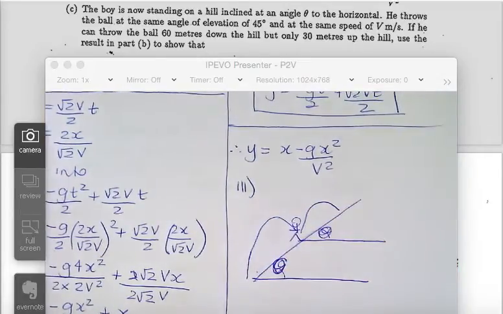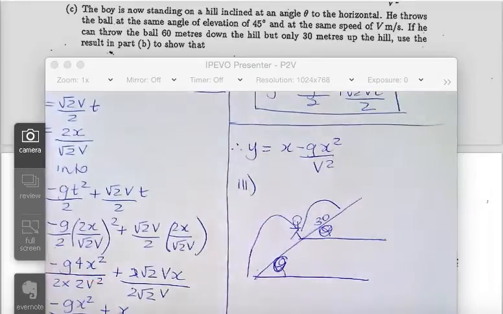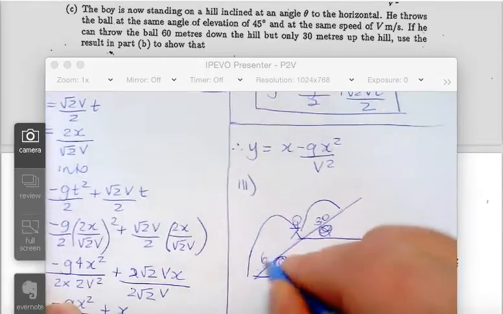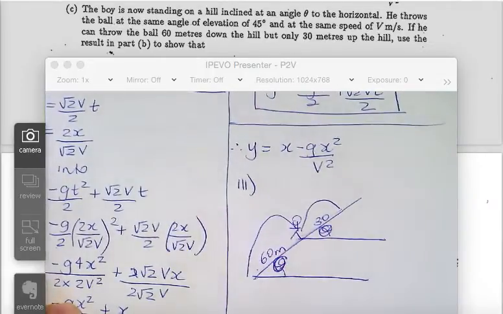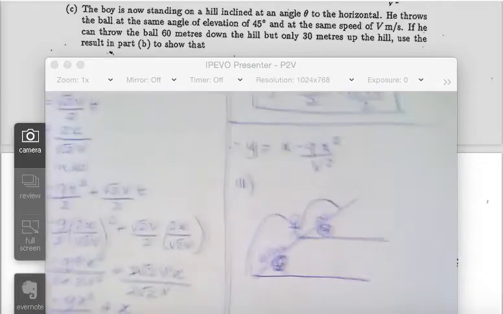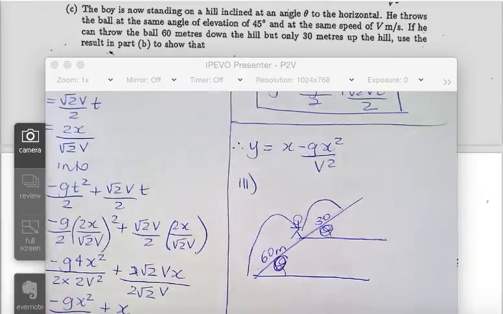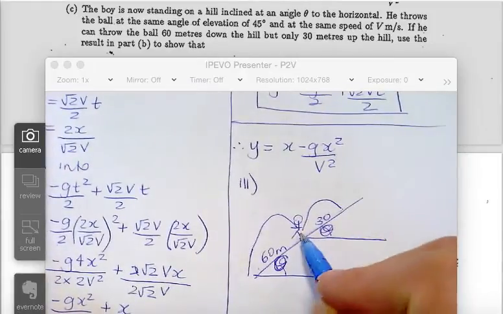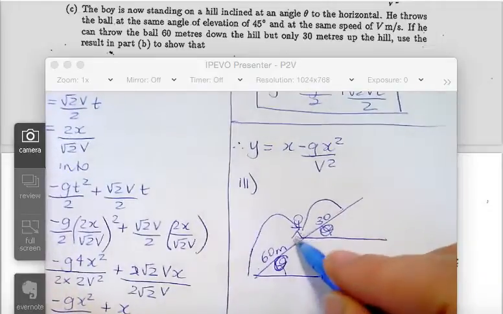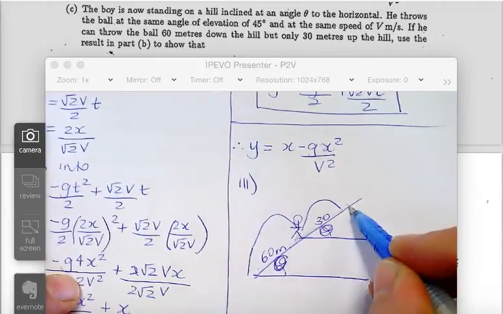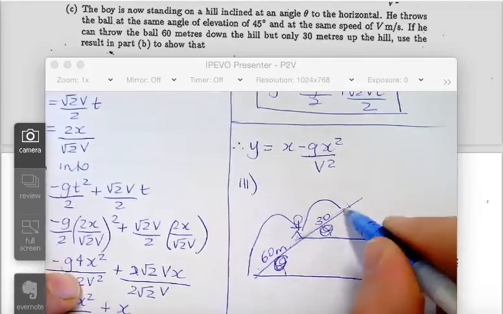So, throw it 30 meters up the hill. It doesn't say horizontally, that is up the hill. He can throw it 30 meters up the hill. He can throw it 60 meters down the hill. Guys, if you're trying to throw a ball up the hill, it's not going to go as far. If you're going to throw it down the hill, it's going to go further. When he stands here and looks up the hill, he can throw it 30 meters. If he throws it with the same trajectory, 45-degree angle, same speed of v, he can get 30 meters up